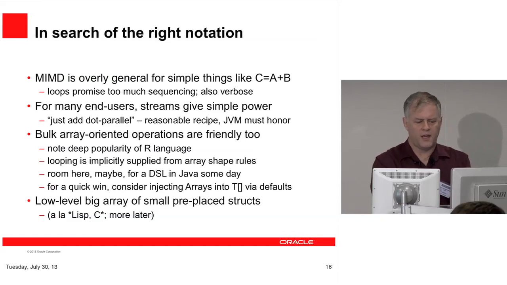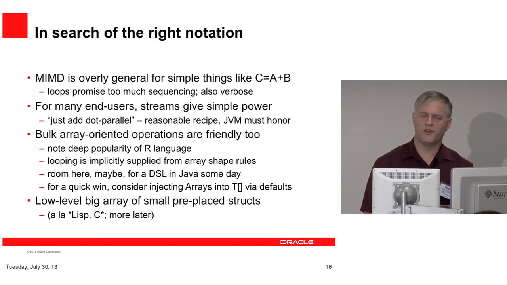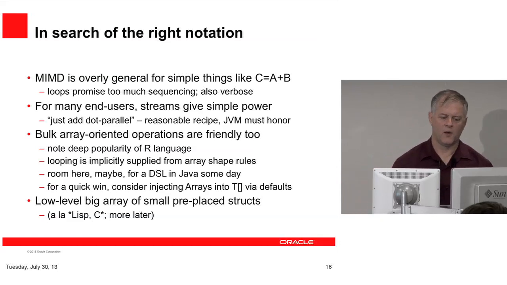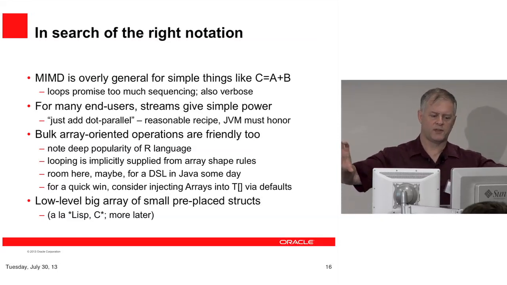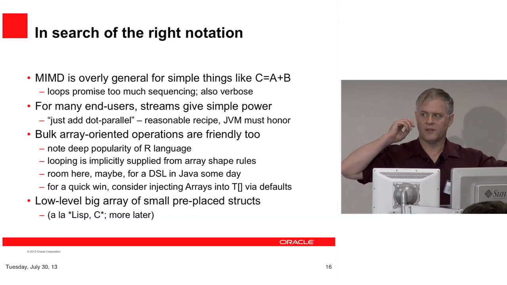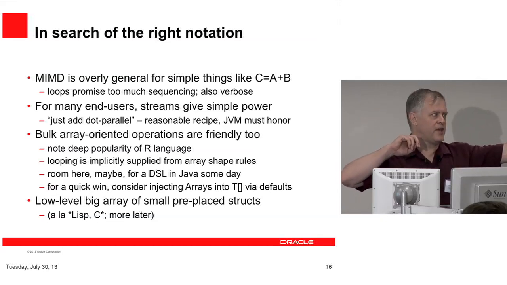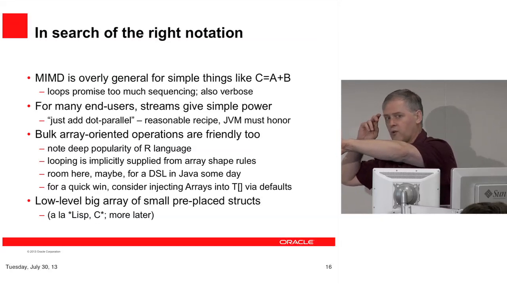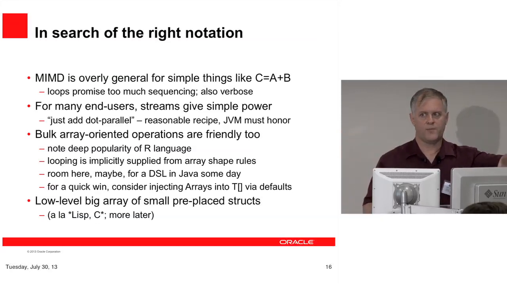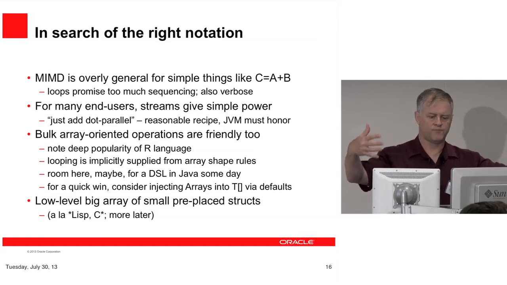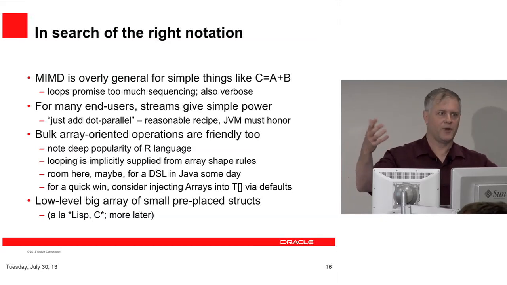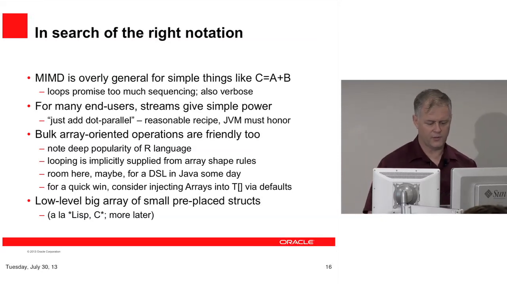And then, of course, there's another user model or notation here which is very exotic, but sometimes it works really well, and there's been whole companies founded around it, which is a big array of pre-placed structs, all the same shape. They amount to slices. Each element of that pre-placed struct across the whole system is a stripe that acts like an array, but from the viewpoint of the compute model, the structs are operated on one at a time, but in parallel. So that's your classic data parallel, as with the Connection Machine.